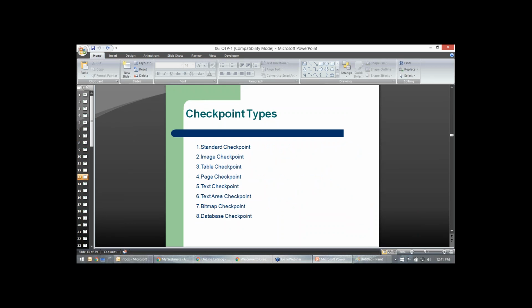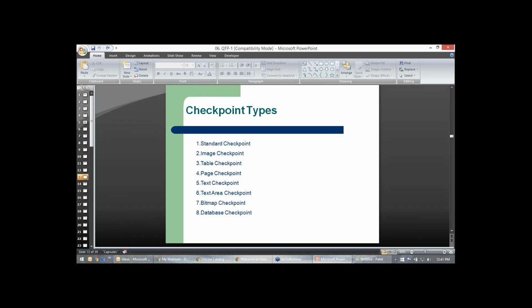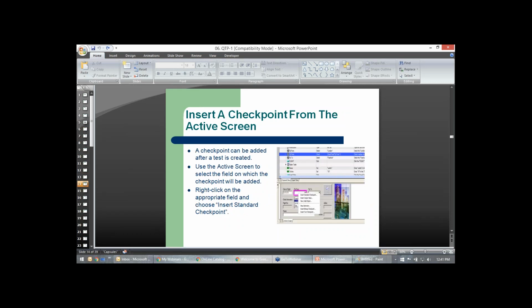So it's not rocket science, it's just to view that. You just want to view that, and that's why you're using a checkpoint, that's it. And this is how you can insert a checkpoint from an active screen.